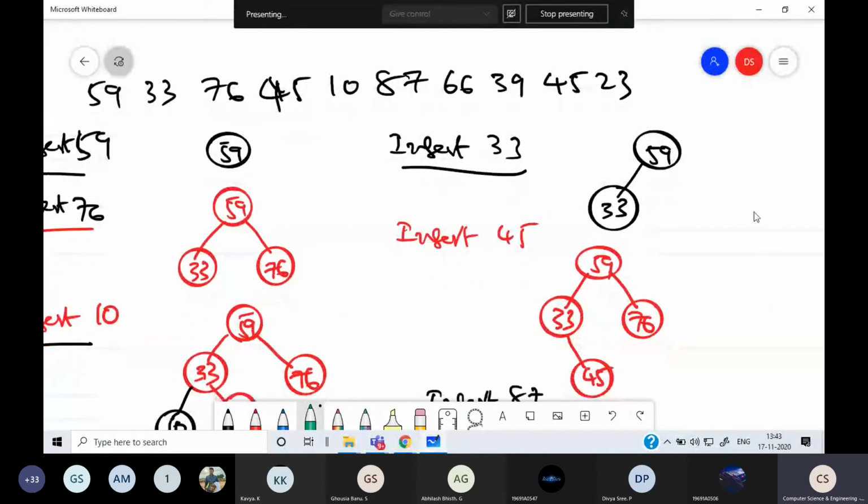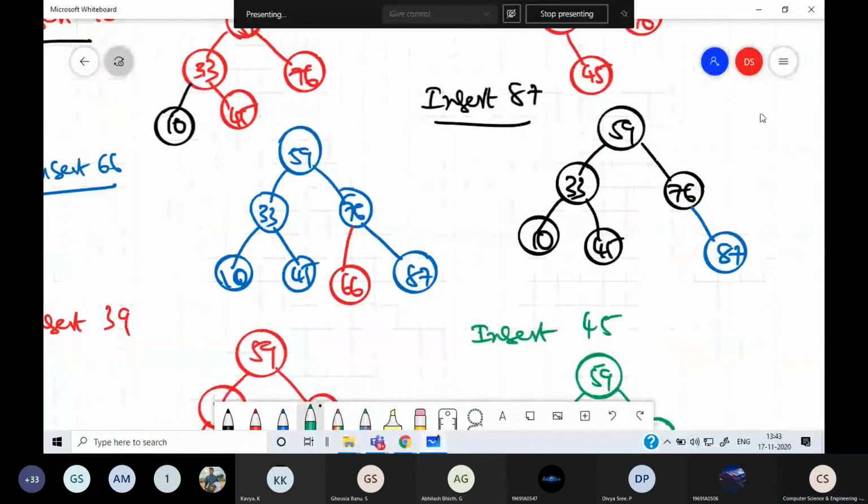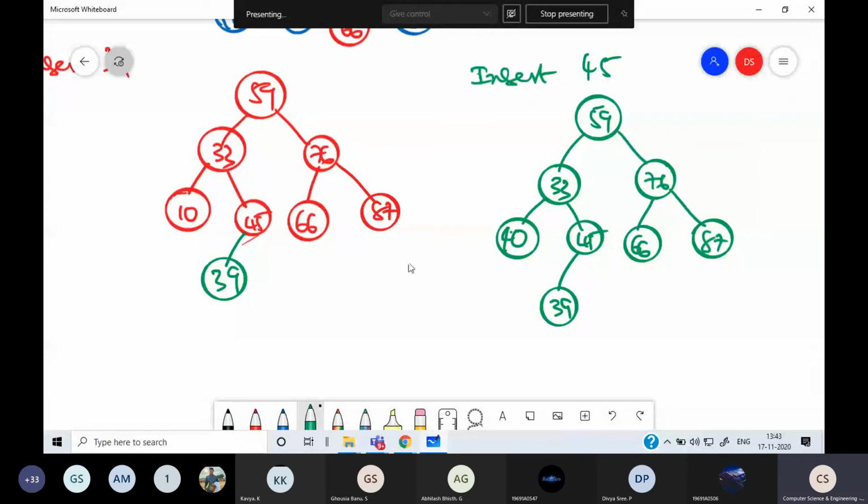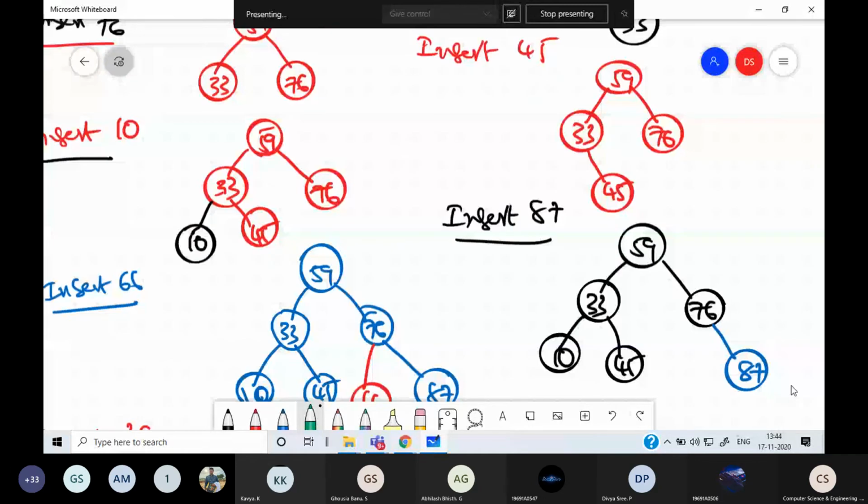So 45 is greater than 33, it will come here. 45 less than or equal to 45, it will come here. 45 is greater than 39, so 45 is inserted here. Next, finally, 23.